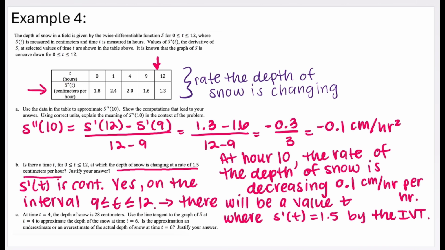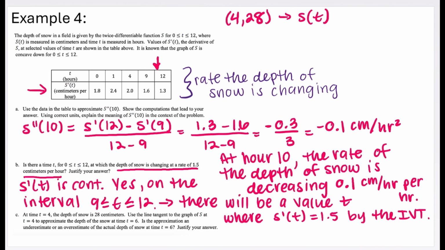Okay, so C, at time t equals 4. So at t equals 4, the depth of snow is 28 meters. Now, we didn't know that looking at our table because our table is only telling us how it's changing. It's not telling us specifically what the depth of snow is. But they're telling us at t equals 4, the depth of snow is 28, which means 4 and 28, I'm going to write this up here because I don't have a lot of space down there. 4 and 28 is a point on the original function. So this is a point on S of t